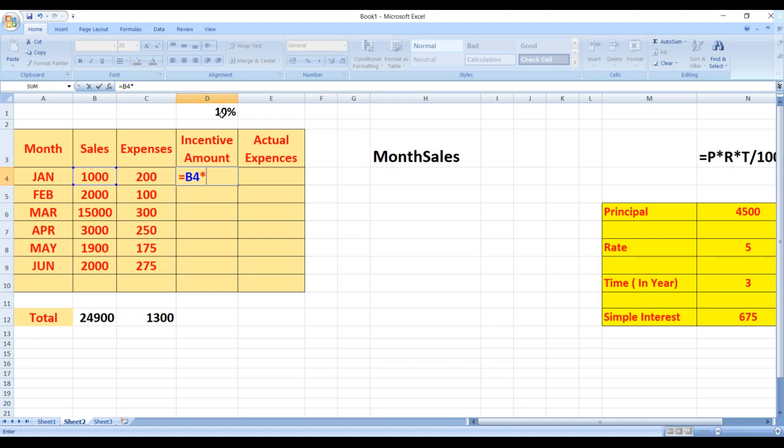So what I'll do, I'll mention the dollar sign first, then I'll type D. Then again I don't want to change the row also, so again I'll mention the dollar. So my column and row address will be the same.